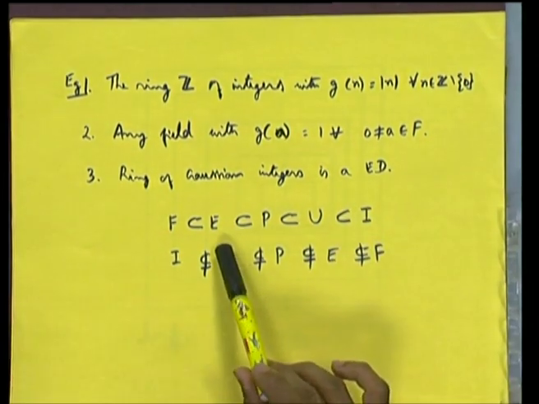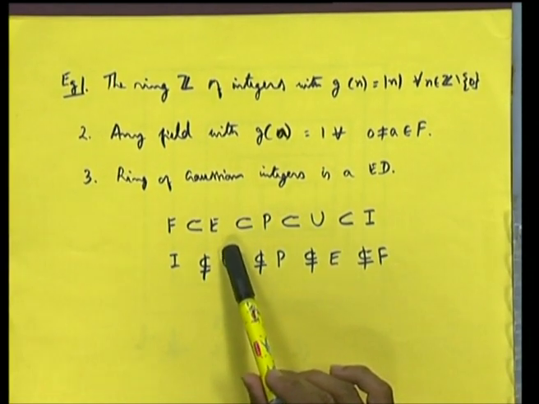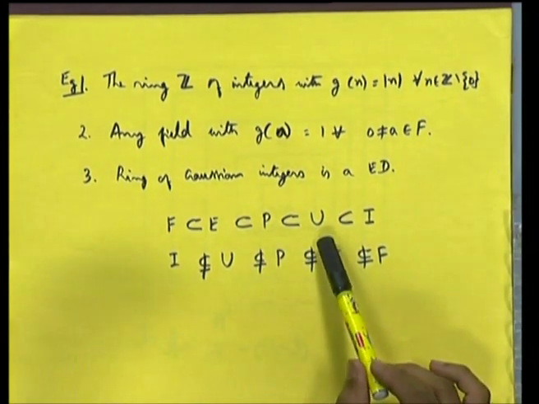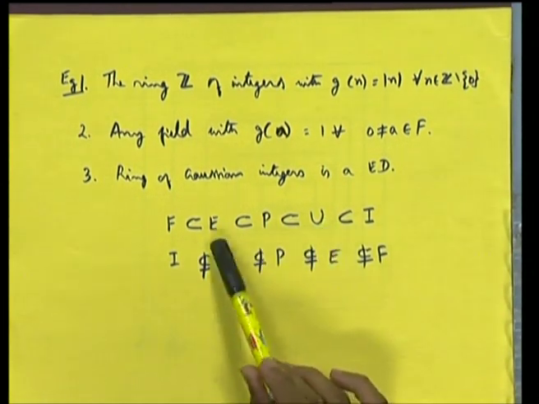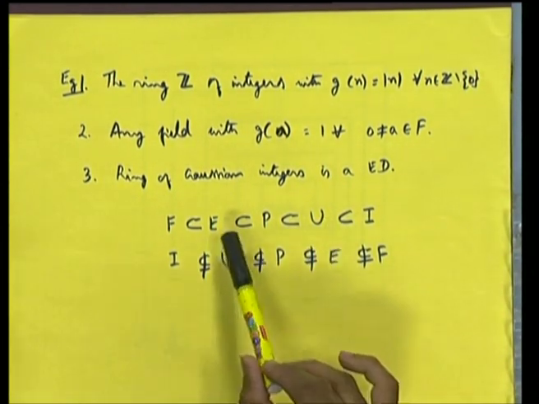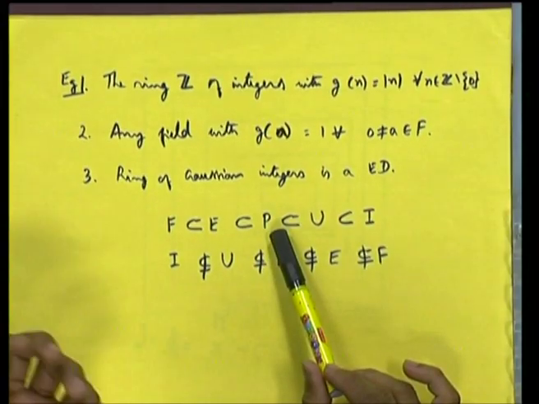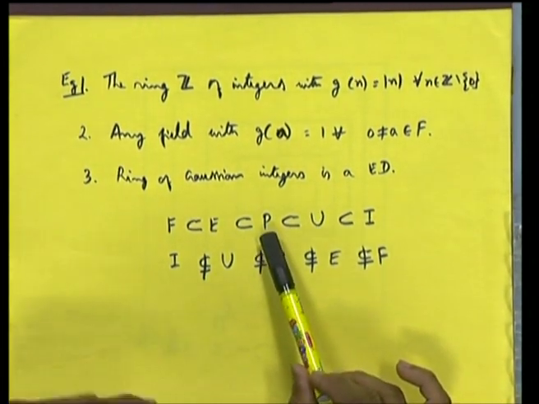So far we have defined the classes Euclidean domains, principal ideal domains, and unique factorization domains. Let us denote them by E, P, U respectively. The class of Euclidean domains is a subset of the class of principal ideal domains, meaning we can show that every Euclidean domain is a principal ideal domain. We can further show that every principal ideal domain is also a unique factorization domain, meaning the class of principal ideal domains is a subclass